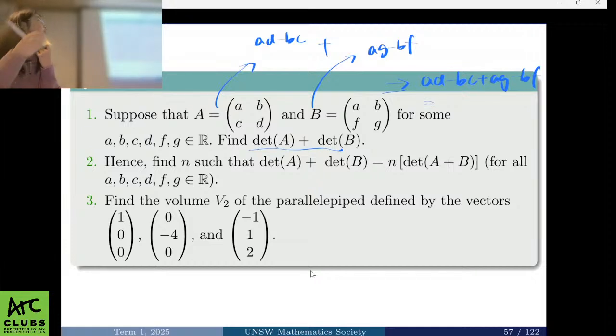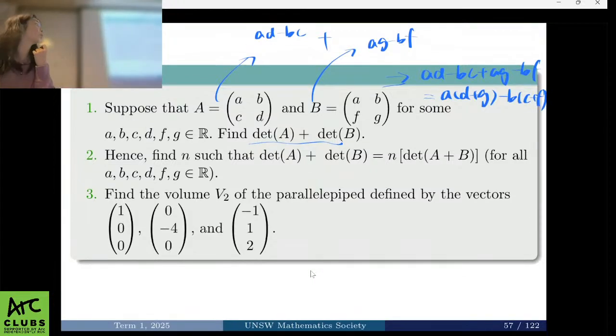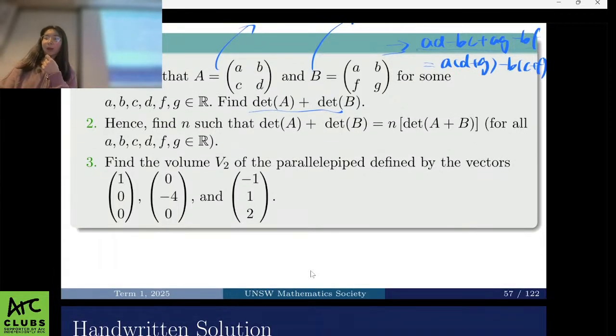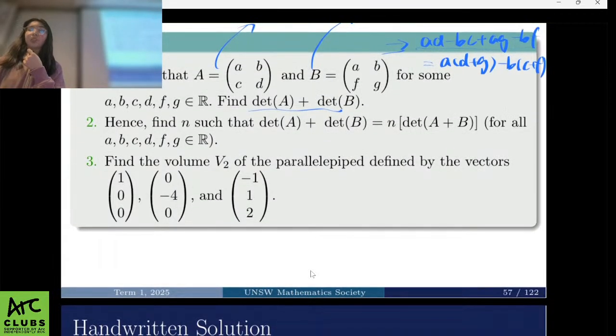in which we can actually do a little bit of factorization because that's beneficial for our next question. That's A of (D plus G) minus B of (C plus F). Yeah, that's our final expression that you could write. You could also write this one for the first one, but that would just not be as useful for our second question. The second part is you want to then find values of n,